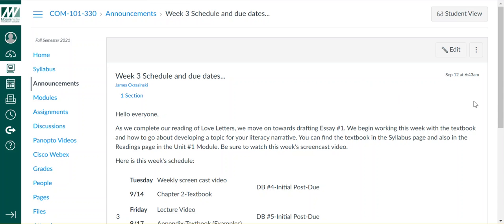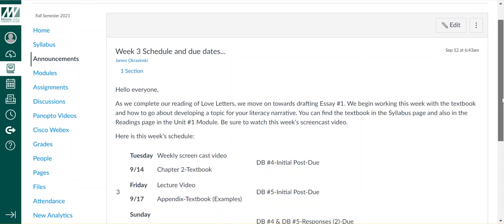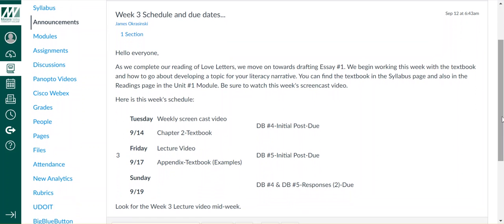So, as I mentioned in my announcement here, we are moving away from love letters, beginning to work with the textbook and how to develop a topic for your narrative. The textbook in Chapter 2 covers all that you need to know about the literacy narrative and helping you decide on